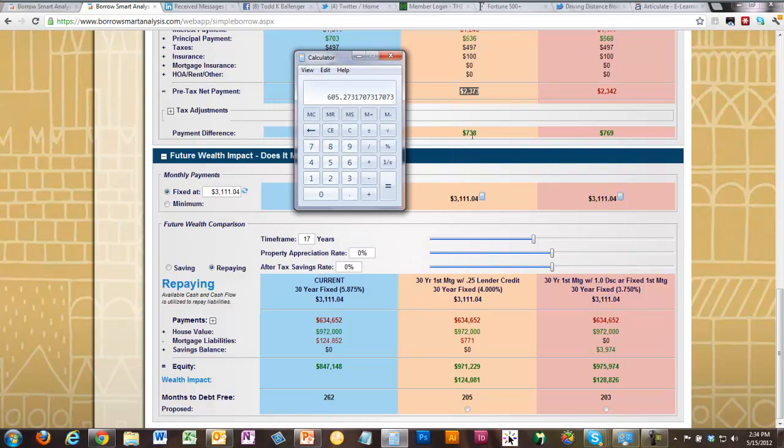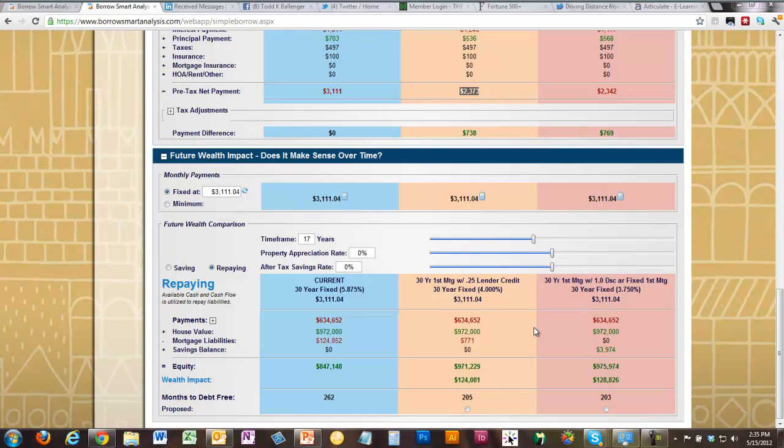Now, right here, it says your payment savings is 738. That's true, but that's based on the payment savings at closing. Your average payment savings over that time period is going to be 605 a month because you're paying more and more principal and less interest over time. But that's the beauty of the way we've laid this out: you can take any objection they have